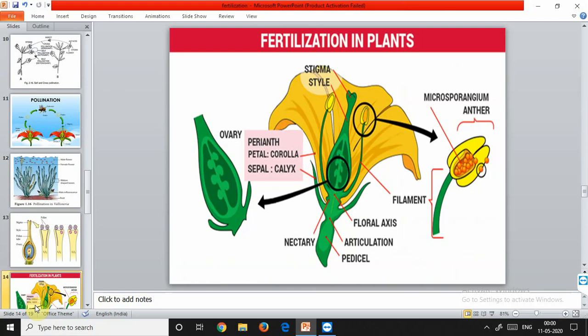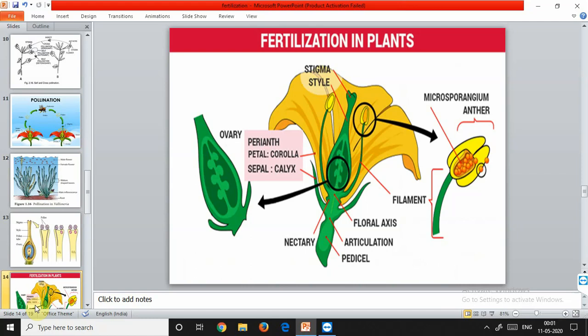In double fertilization, both the male gametes present in the pollen tube are utilized in the process of fertilization, and because of this there is no chance of any wastage. The male gametes are brought to the female gamete, and the fusion occurs. Thereafter the nucleus is taken down towards the embryo sac, and then the fertilization event goes on. This process is called siphonogamy.